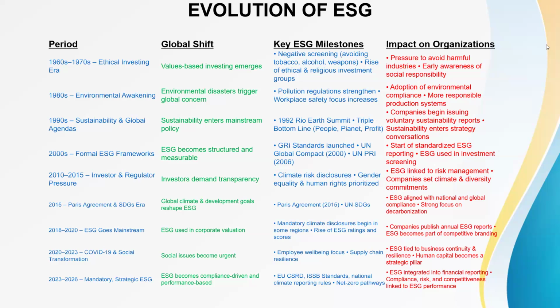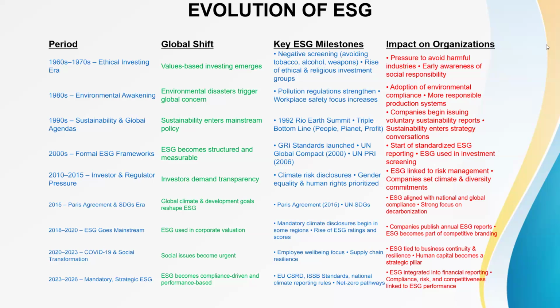In the early 2000s, formal ESG frameworks started being considered by companies. ESG became structured and measurable. We had standards like GRI, the Global Reporting Initiative, and the UN Global Compact of 2000. The start of standardized ESG reporting was in the early 2000s. ESG was used in investment screening. It started in 2000. In 2010 to 2015, investors and regulators started demanding transparency, for organizations to be transparent,